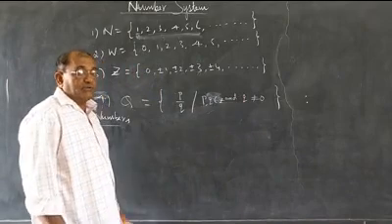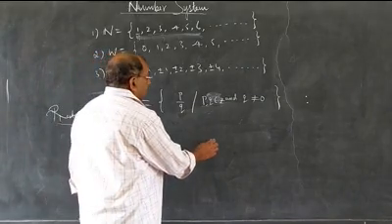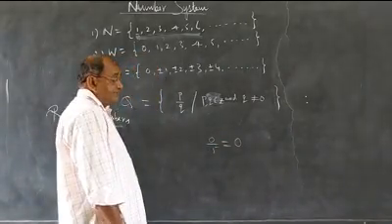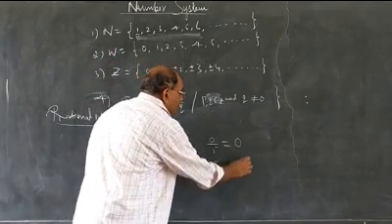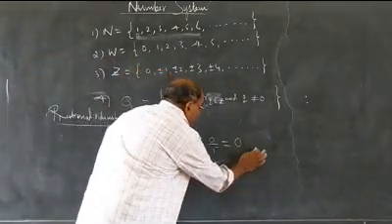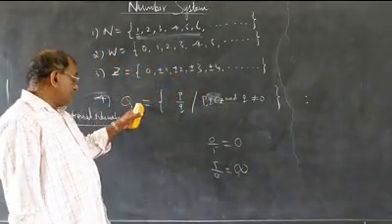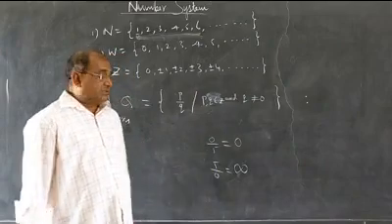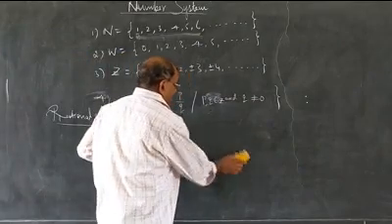Another concept that smaller children always give a wrong answer is when we tell them 0 divided by 5, value is 0. It is correct. Suppose we ask what is 5 divided by 0, again they say it is 0. It is the wrong concept. Any number divided by 0 is not 0, it is infinity. Further, it is not a rational number. Our condition is q not equal to 0. So, the condition does not hold good. And so, these are all not examples of set of rational numbers.